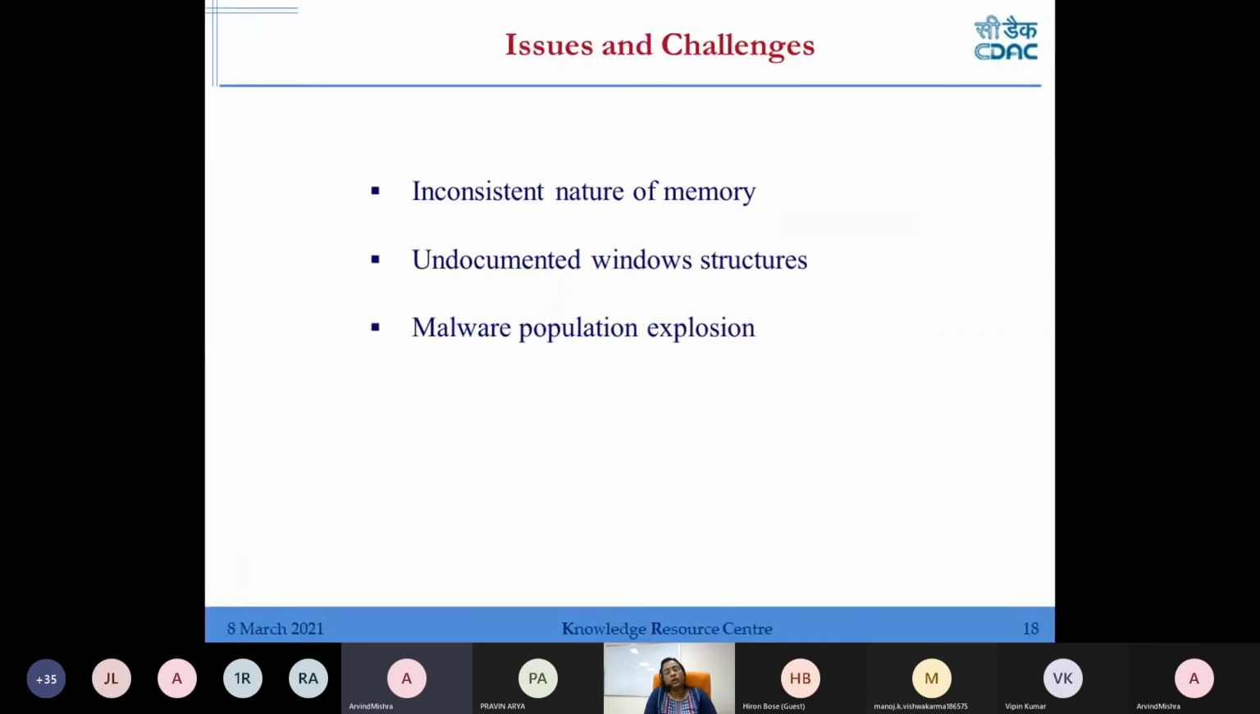Like I told you, from the memory we are getting so many details: process info, passwords, memory related info, DLLs. So many artifacts we are getting from the memory, but the nature of the memory is inconsistent. What I mean to say is none of the information inside the memory is permanently saved. Memory is a very short area, maybe 4 GB, 8 GB or 16 GB. So within that limited space, it will be holding all the processes